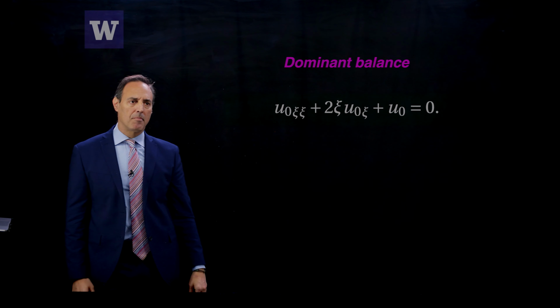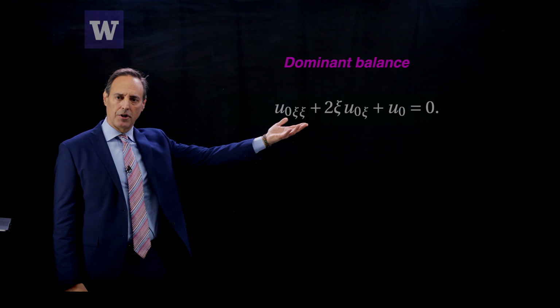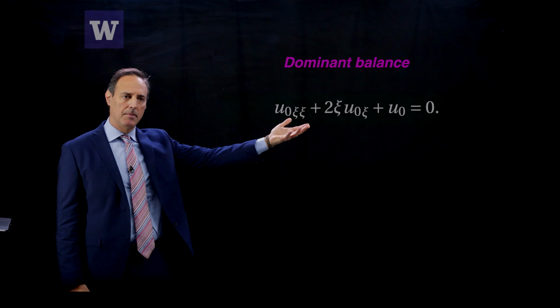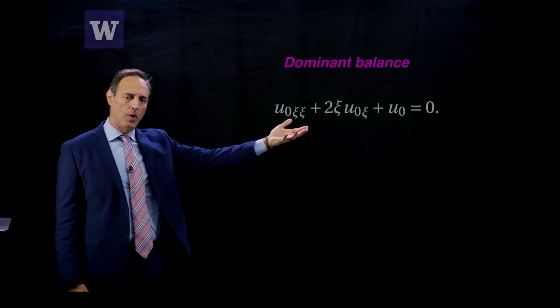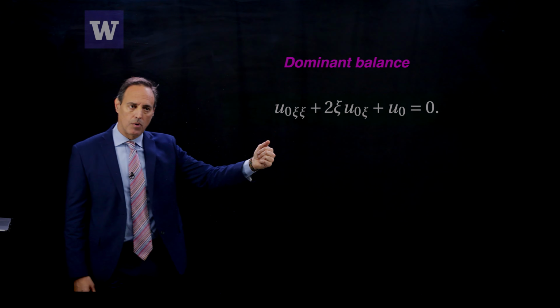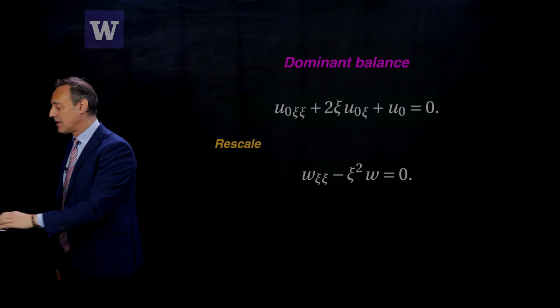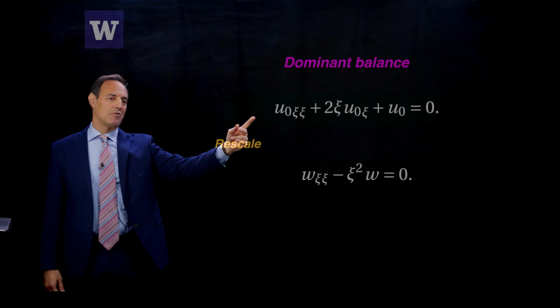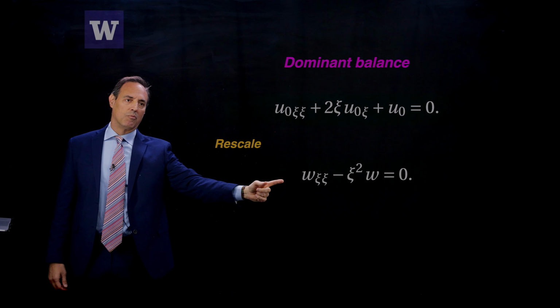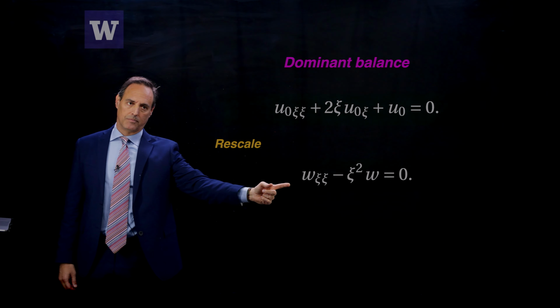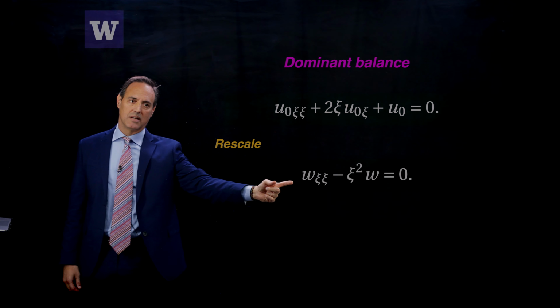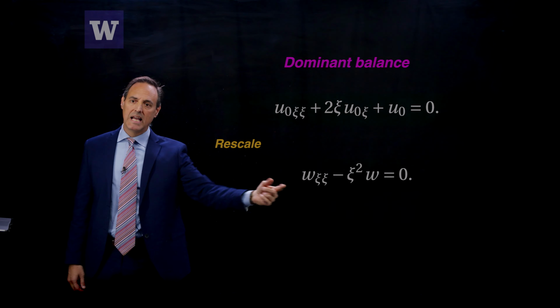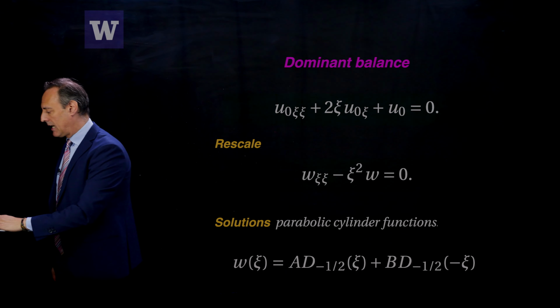So here's the dominant balance. There it is. This is the governing equation. Now that I have the distinguished limit right, I can write down this equation and produce solutions for it. In fact, if I rescale it, I can make a transformation from these variables and rewrite this as the following. Okay, so u0 can be written as w satisfying this equation here, and this equation here actually has solutions,